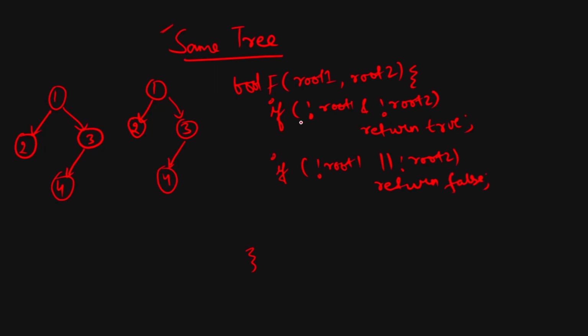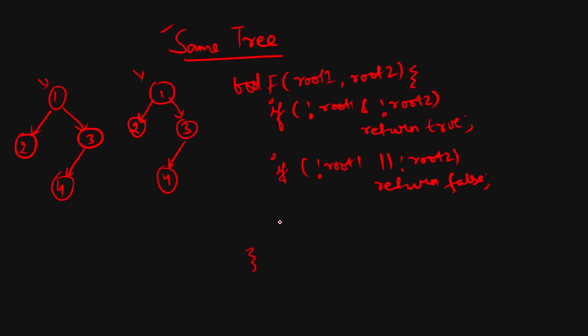Now what do I have to check? If I have checked the non-null condition, now I have to check whether my current node value is equal to this node value. If the values are not equal, then there is no need to check further. We can directly say they are not the same. If instead of 1 it were 2, even though the structure and the other nodes are the same, we will not move forward because this is 2 and this is 1. They are not equal. Here I will return false. But right now it is 1.